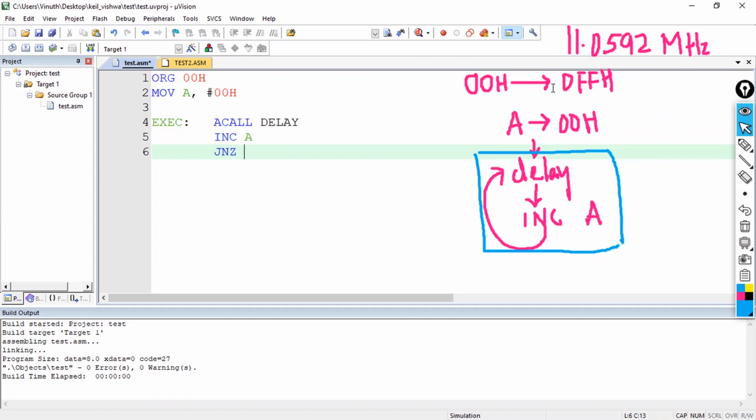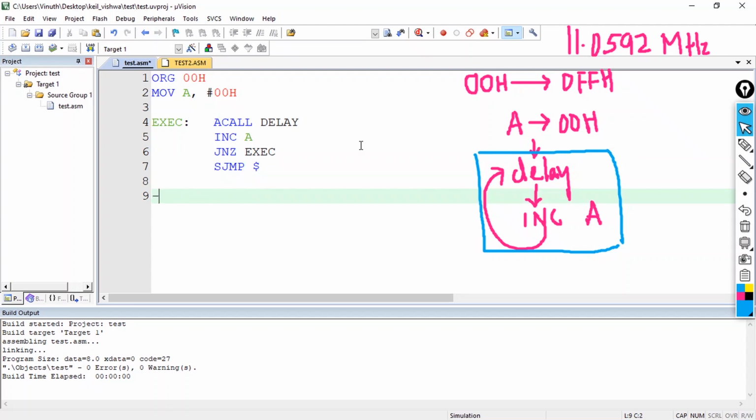It has to execute from 00 to FF hexa, and after FF hexa it will roll back to 00. So I'm using jump if not zero, JNZ. It will be looking at my register A itself, and it has to come back to the loop. So I'll be using this label EXEC, and then I'll be using SJMP dollar in order to terminate the program.